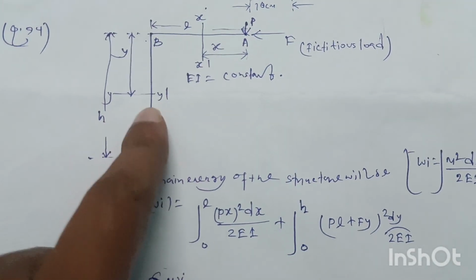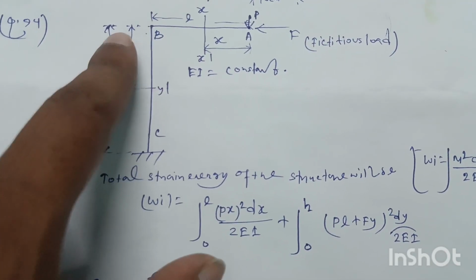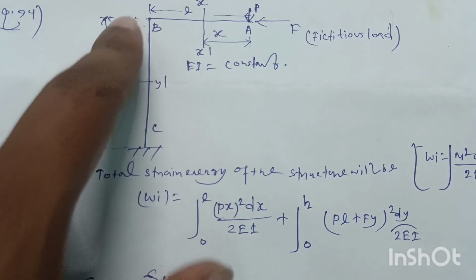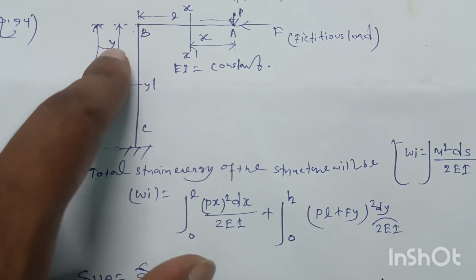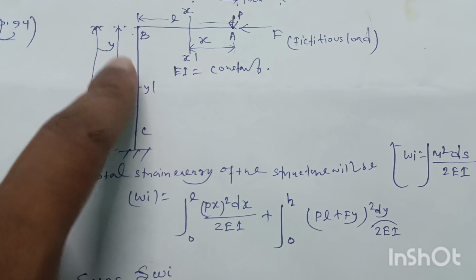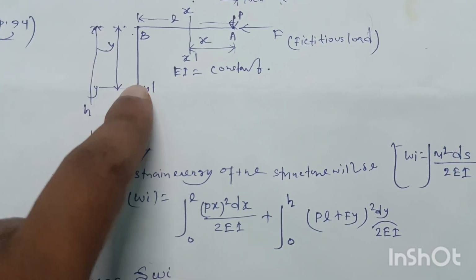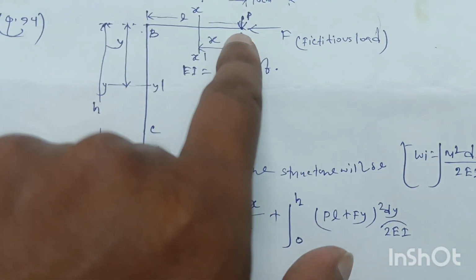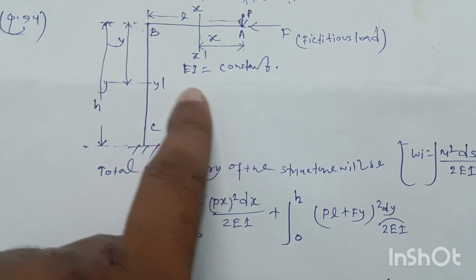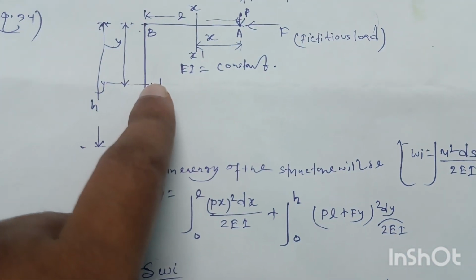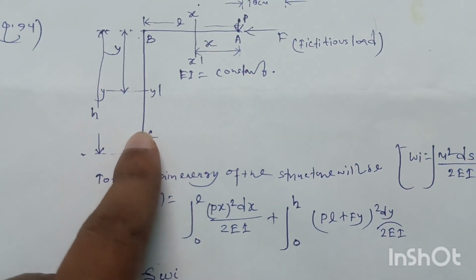for this vertical member we are taking a section y dash at a distance y from the point B to this section. So for this member, the strain energy will be M squared into ds divided by 2EI. The bending moment at this section will be, for this load, P into L plus, for this horizontal load, F into the downward vertical distance y, so (PL plus Fy) whole squared into the vertical element dy